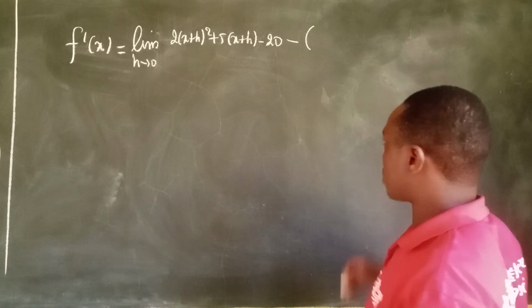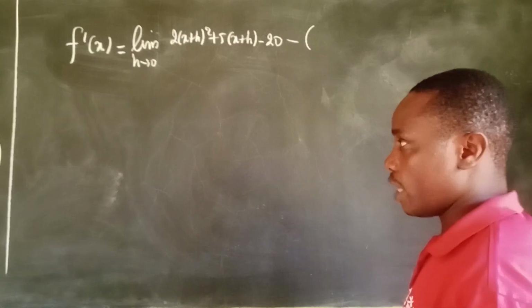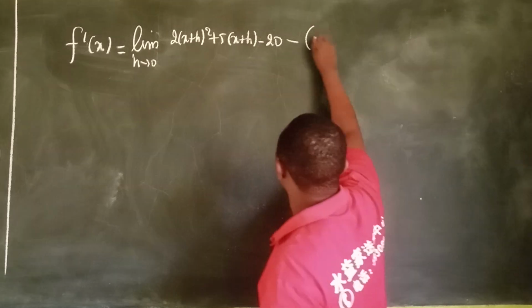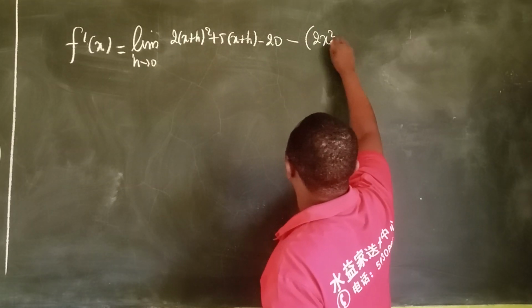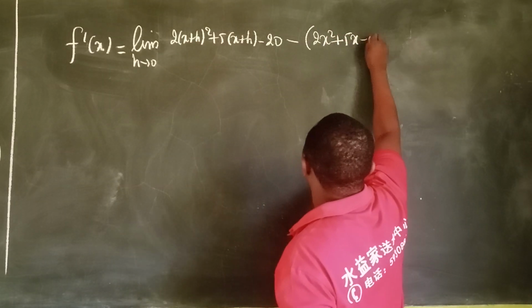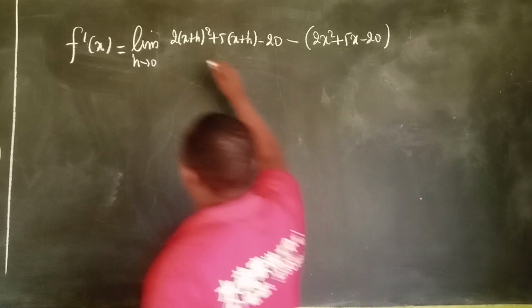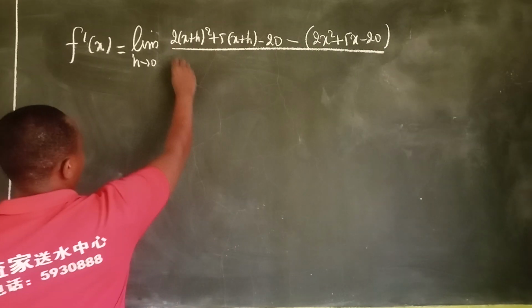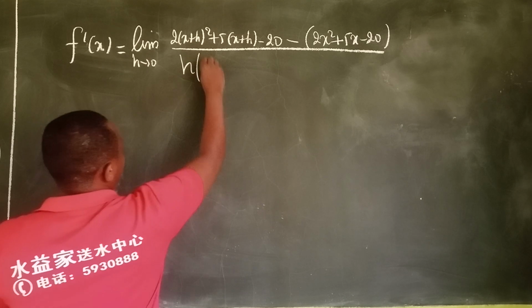Remember, our b was the square root of 2x² + 5x − 20. That is 2x² + 5x − 20 over, here I want you to follow, h into the square root